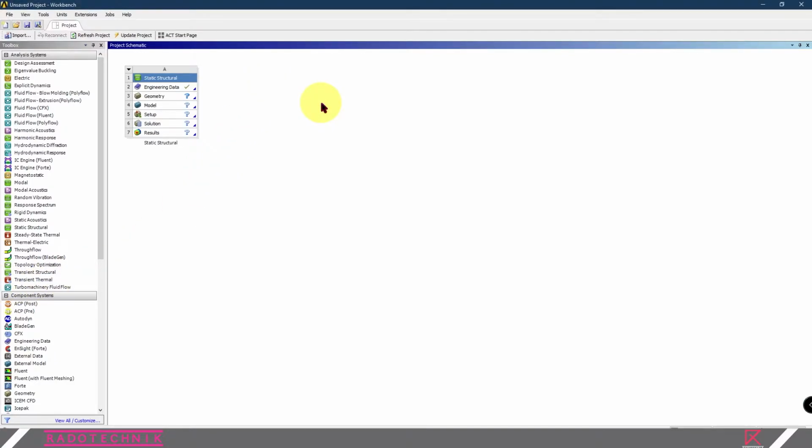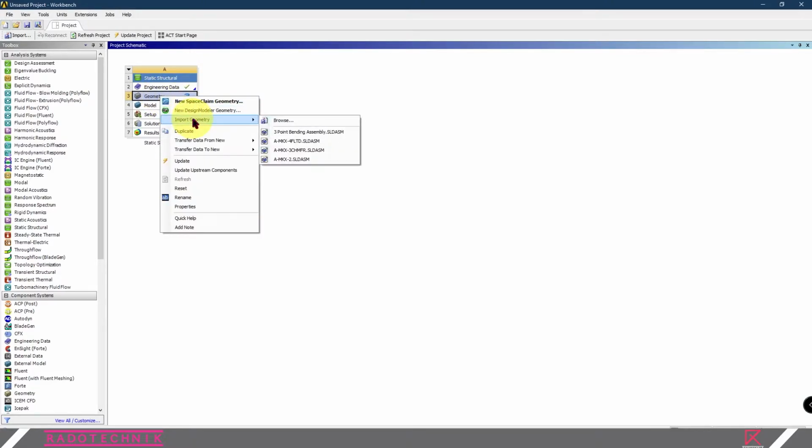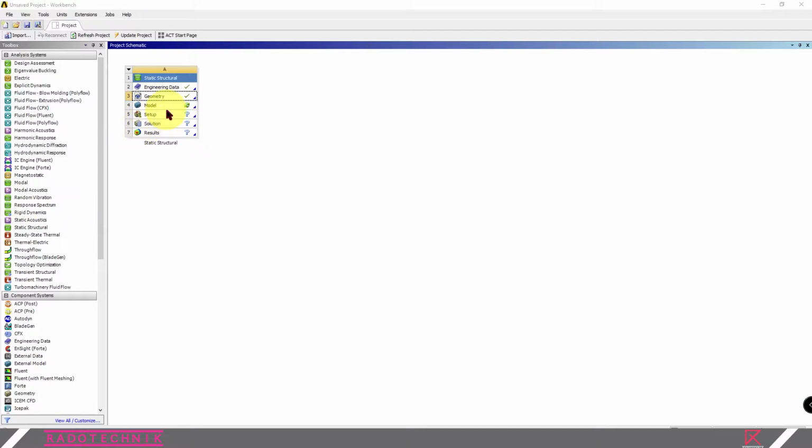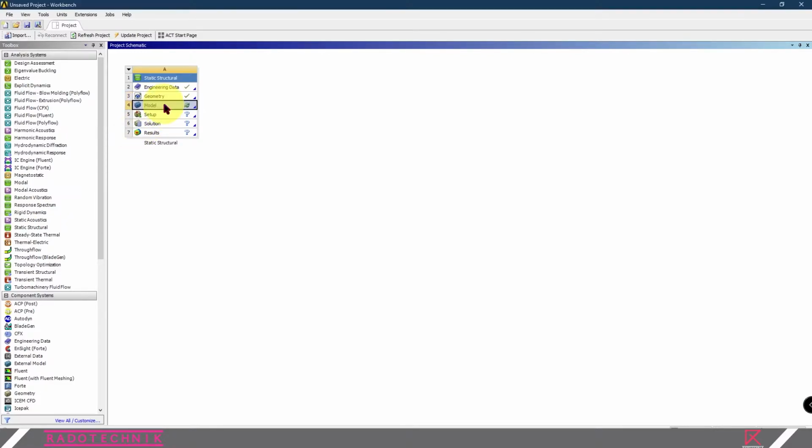So the next step is to import your model in ANSYS. To do that, right click on the geometry menu, select import and browse to your model. After that, you need to set up your model and the material in the model.